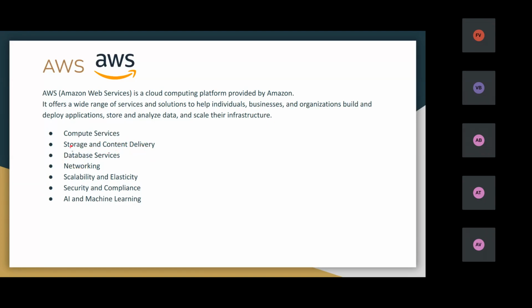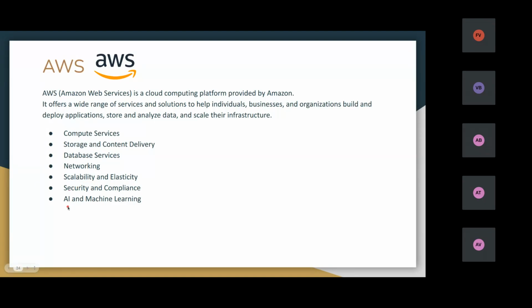And for database, there are services like RDS. And for networking, we can do auto scaling and all using AWS. That is scalability and elasticity. Then we can manage the security for our instances or our database, and all.